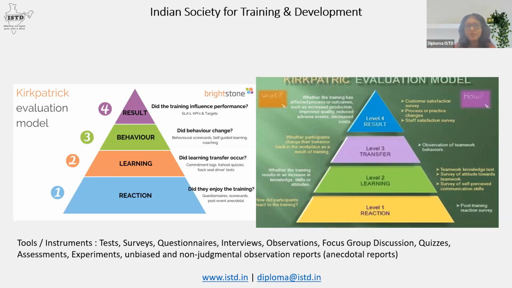And then comes the level 4, which is the metrics achievement level. Now, if you remember, I said at the very beginning that we must know these are the metrics I'm looking at to achieve at the final level, after the training program. So there should be a change in the number of accidents before and after. There should be a change in the turnover before and after. There should be a change in the number of units produced before and after. So all this we must have at the beginning itself, and then you design and deliver the program